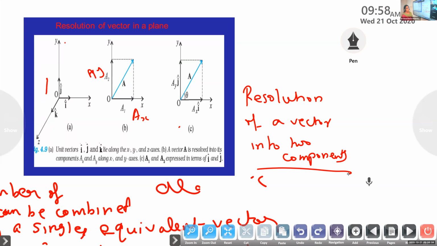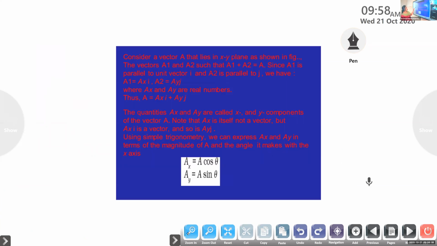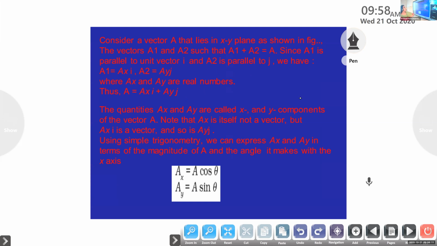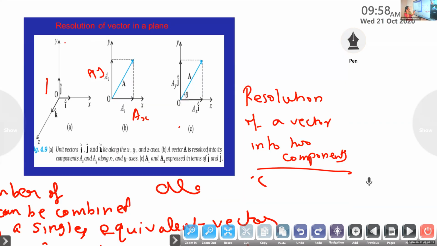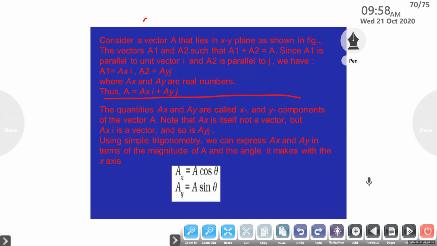Just write the introduction notes. Copy up to here. Consider the derivation, very important. Consider a vector A. I did not finish drawing. It's in your textbook, you can copy, children. Okay, ma'am, I'll copy from the text. Just write the introduction because we will stop. Otherwise, we will forget this AXI and just write this.